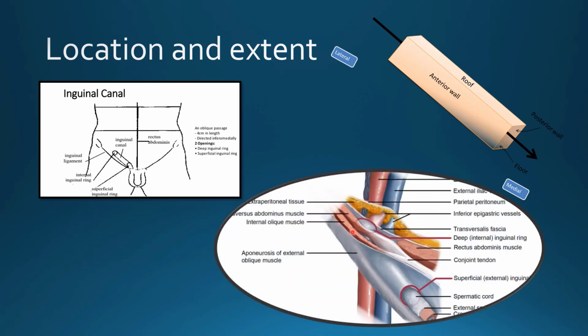These are the musculature forming the anterior abdominal wall, aponeurosis of external oblique, internal oblique muscle, transverse abdominis muscle. This white colored is fascia transversalis, extraperitoneal fat and peritoneum. Deep inguinal ring is formed within the opening of fascia transversalis. Superficial inguinal ring is opening formed within aponeurosis of external oblique muscle. So from here to here, within these musculature, obliquely located canal is inguinal canal.